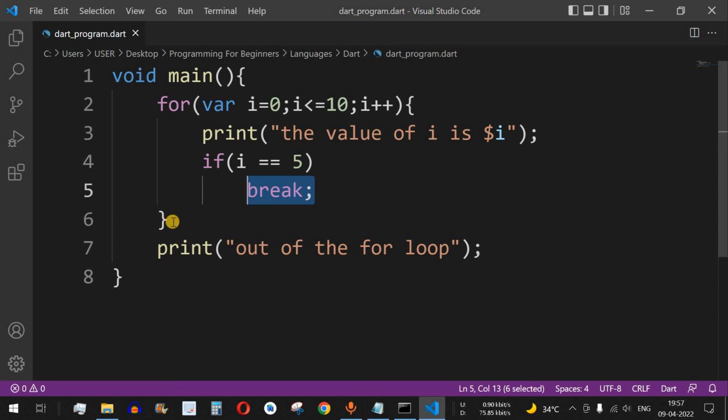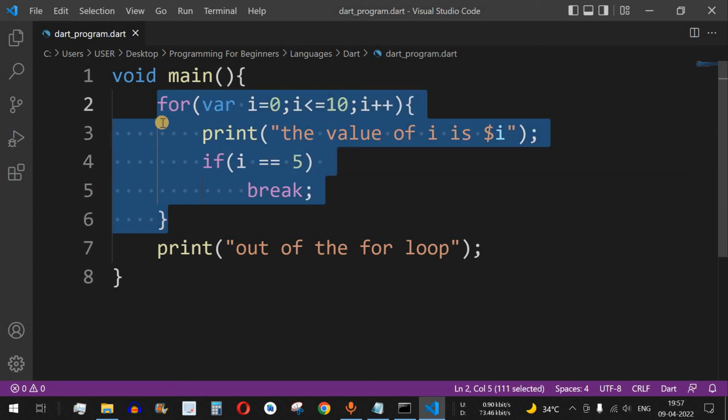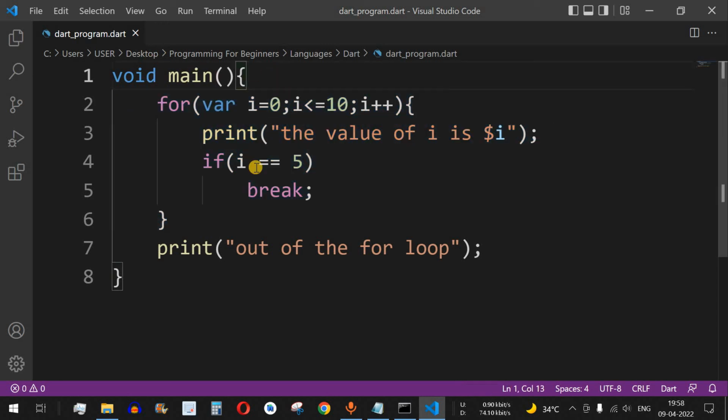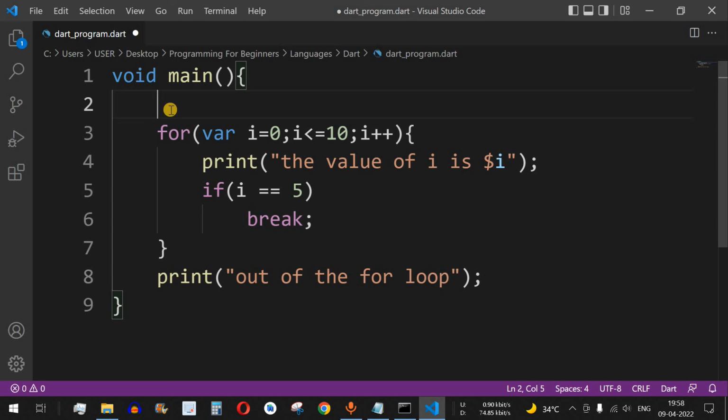Guys, it is important to note over here that it will only come out of the loop in which it is present. So let's say we have this for loop, it will come out of this for loop. But let's say we have another for loop which is outside this for loop. The break statement will not come outside of that outer for loop. So let us say, for example, we have for variable j equals 0, j less than 2, and then j++. We have this outer for loop,